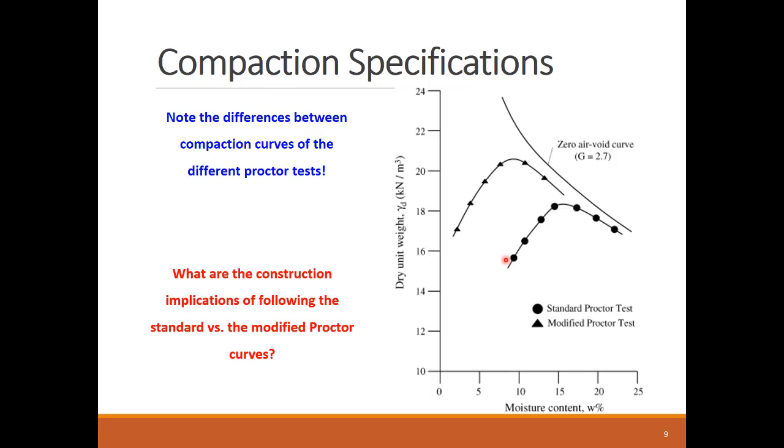Standard Proctor test is generally used for fills requiring minimal subgrade compaction, such as small parking lots and building structures, while the modified Proctor test is generally used for fills that will support large loads, such as roadways and airport runways. We should also understand the impact of the adopted Proctor test on the equipment and resource needs on